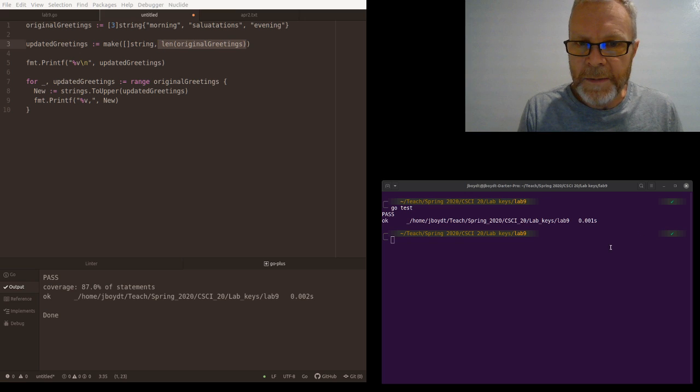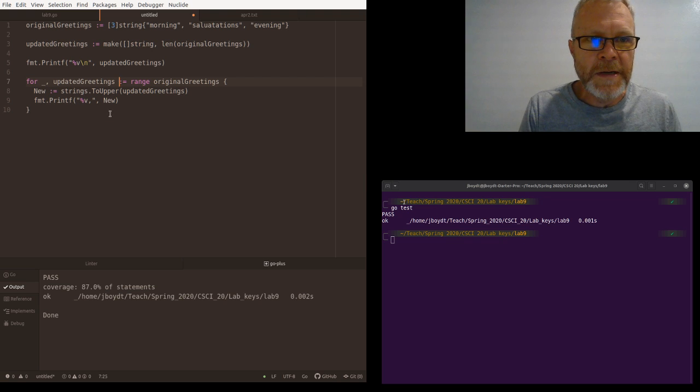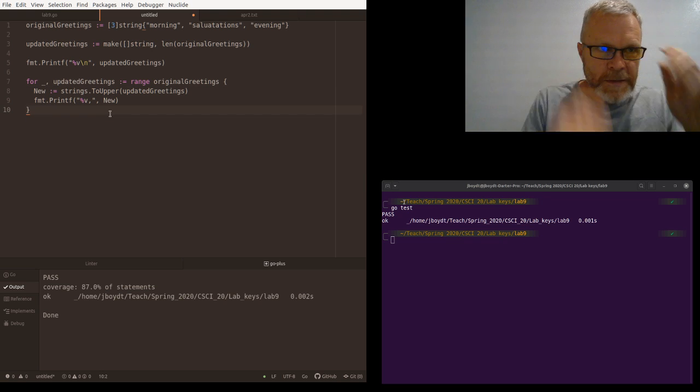That's number 2. Number 3, use the %v. So this one's correct, line 5. And then use a range loop to overwrite each string in updated greetings with its strings.ToUpper. Okay, so